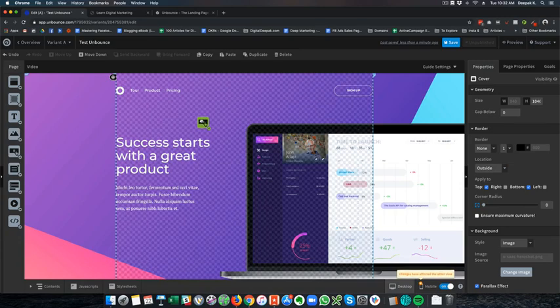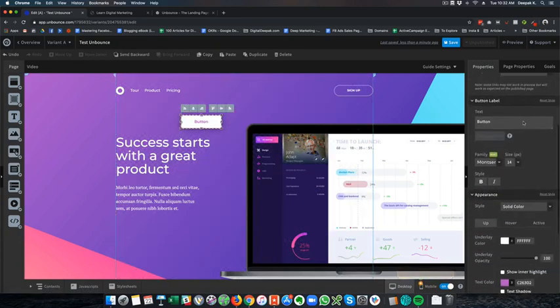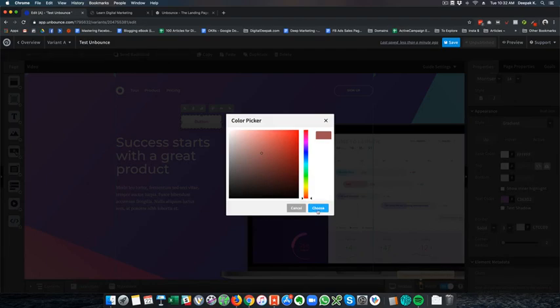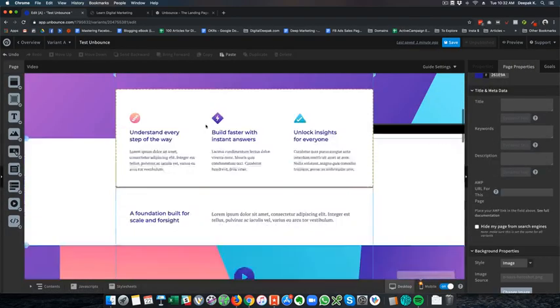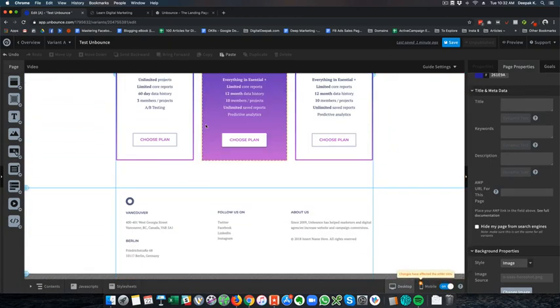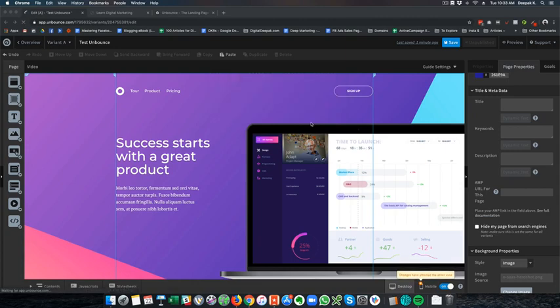So if I want to add a button, I will just drag it like that, and I can go ahead and configure the button. So here you can see there is a way to configure the button, like I can put a gradient on it, I can change the colors on it as well. So let's say this is the base color, I can go ahead and choose the base color, and then I will have a gradient here. And then this can be linked as well. So this is how Unbounce works, and very similar to InstaPage, much differently priced than InstaPage.